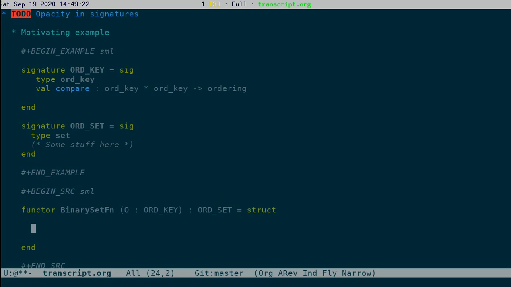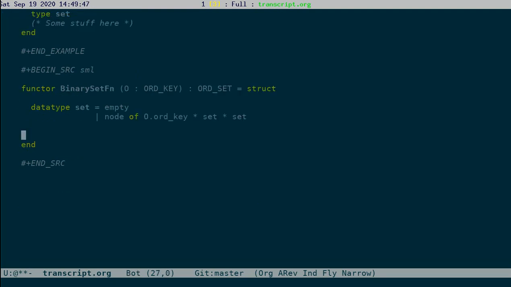So you might have something like this. Empty or node of O.key times set times set.